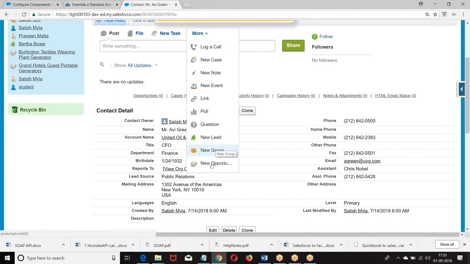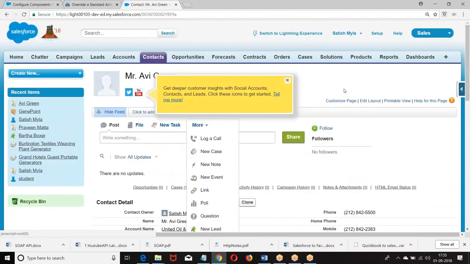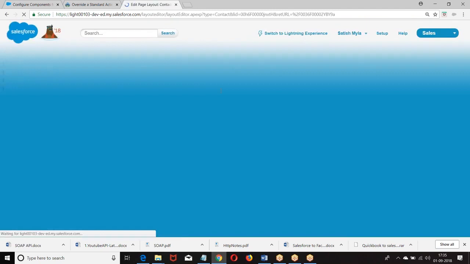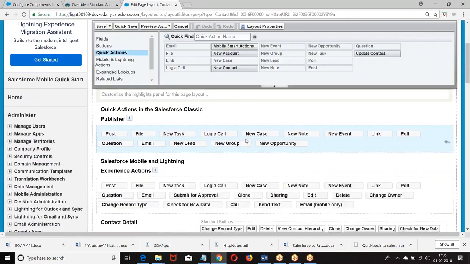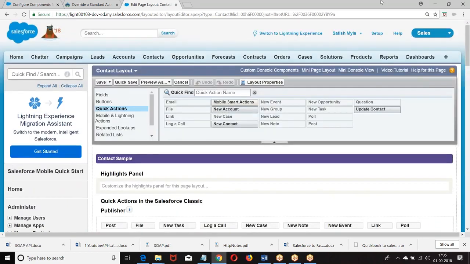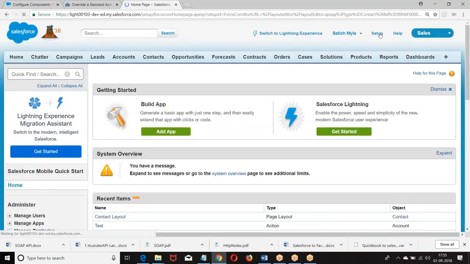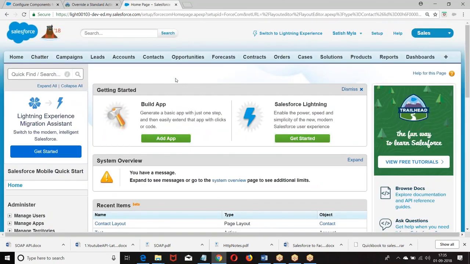New lead, new group, new opportunity, right? So that is how we are adding in the page layout. Go to quick actions, add the quick actions in the classic, right? Then how do you create the quick actions in the classic? I hope you got the point. Quick actions are nothing but global, which can be added on any object, any page.